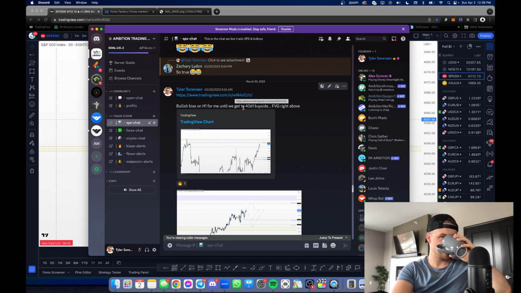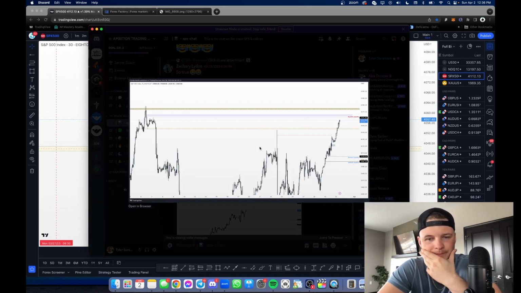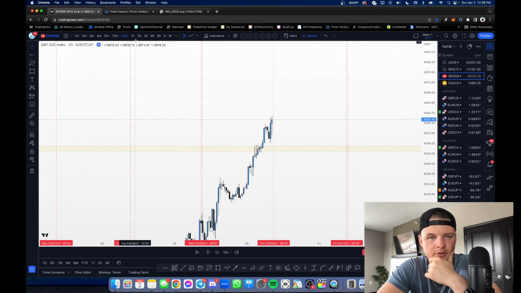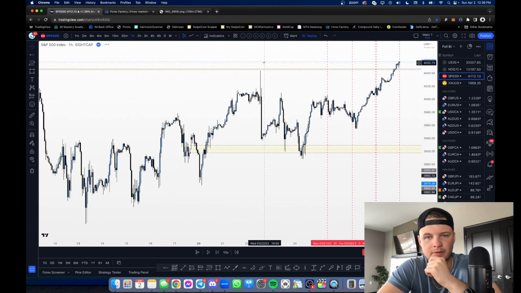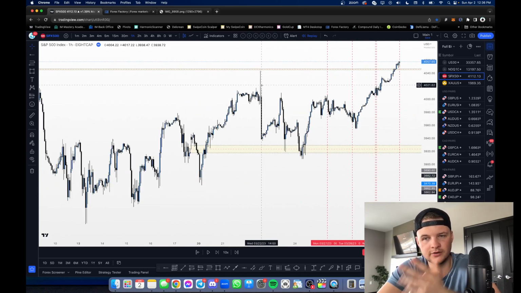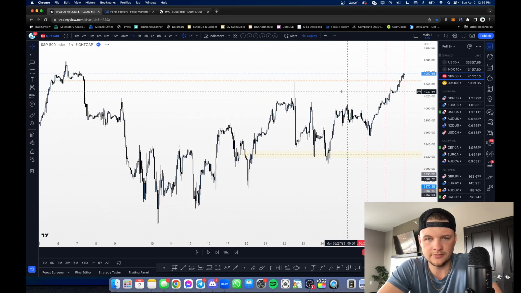Okay. So bullish bias for me on the 1 hour until we get to 40.61 buy side, fair value gap right above. Just so you guys can see what I sent. This is the 1 hour chart. And we can scale out to the 1 hour chart, show you guys exactly what I saw. So basically, remember I said this wick? I wanted to see this wick get filled. Well, here we got that. Boom. Price literally ran up into Thursday pre-market and did exactly that.